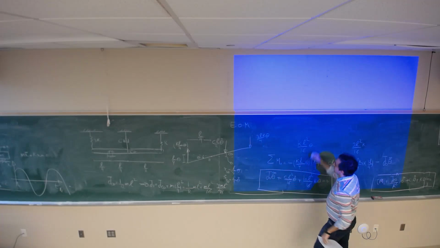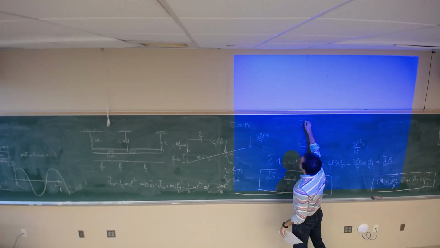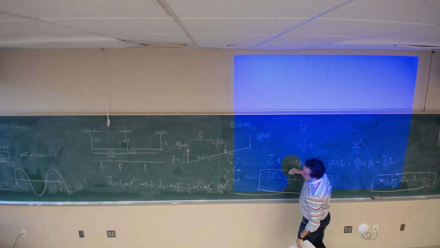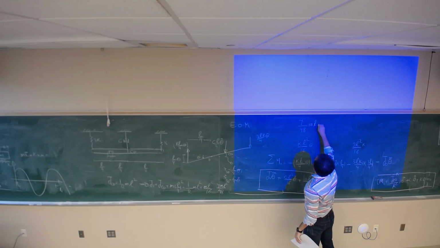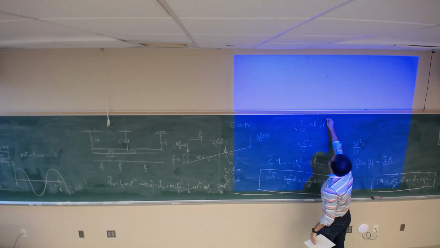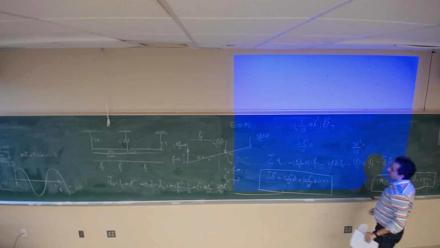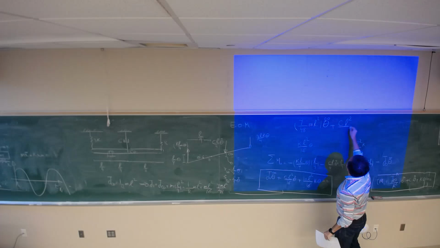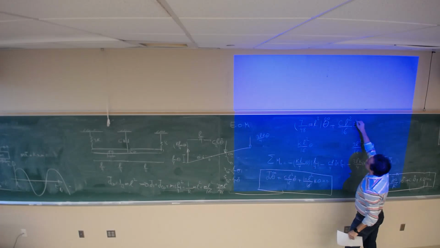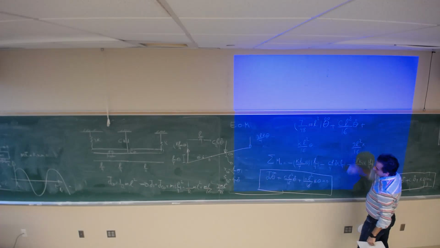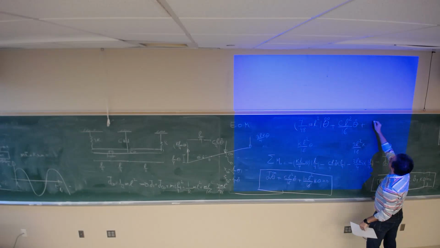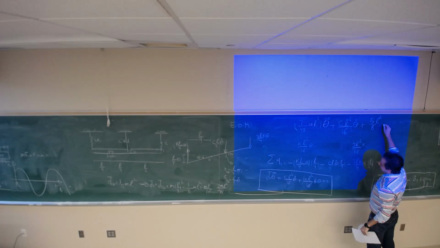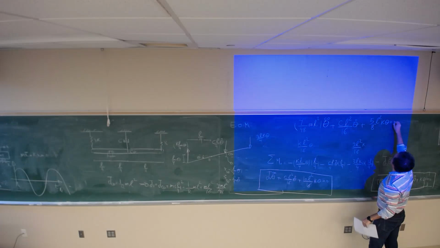So if I rewrite this equation again, 7 over 48 M L squared theta double dot plus C L squared divided by 16 theta dot plus 10 over 16, 5 over 8, L squared K theta equals